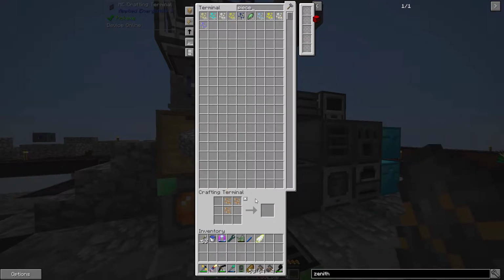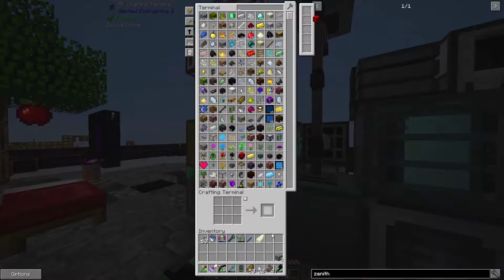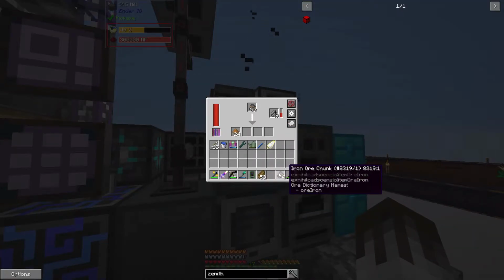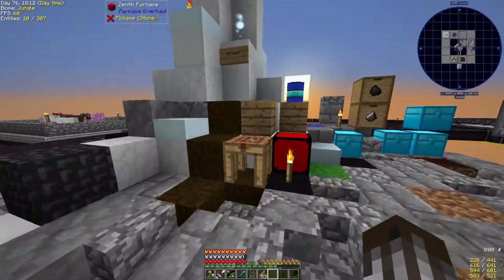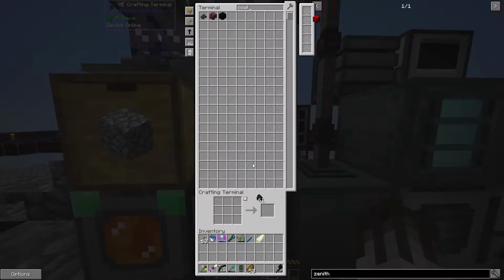So we have a lot of iron ore pieces. Or maybe if we just look up the word iron. Nope, we don't have a lot of that. Okay. Let's just pulverize a bunch of it down to turn it into iron ore dust. And then what I want to do is put it in here and see how much, because I'm pretty sure